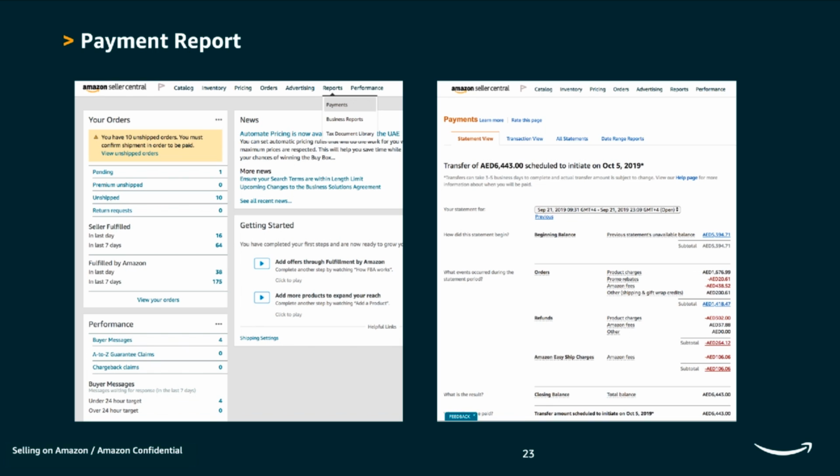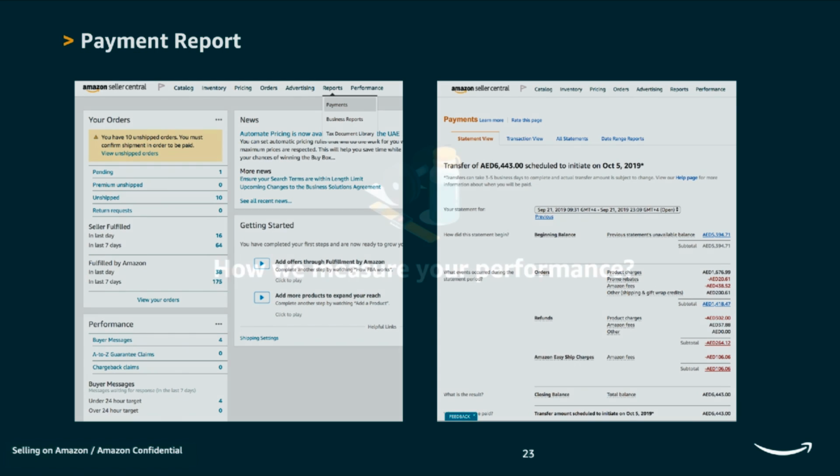system or electronic funds transfer. It can take up to 5 business days for the payment to be reflected in your bank after Amazon initiates the payment. So before we can pay you, you must provide a valid bank account as a deposit method, as I've mentioned a while ago, which you can find on your account info. Just keep in mind that we cannot deposit payments to any credit card or any online payment system such as